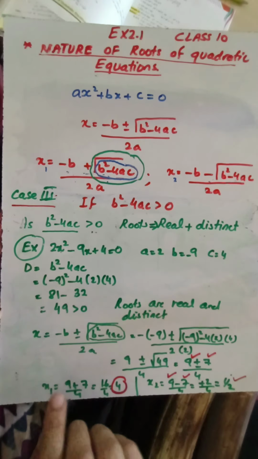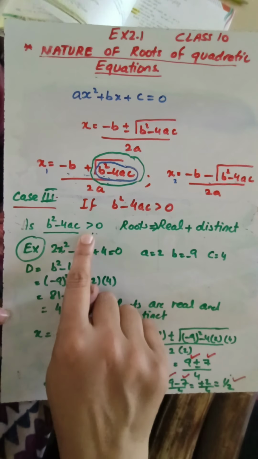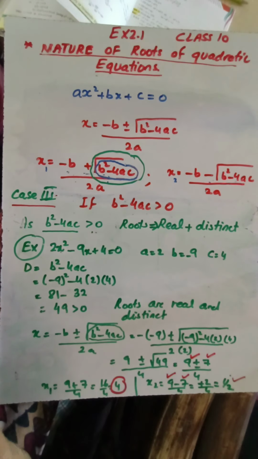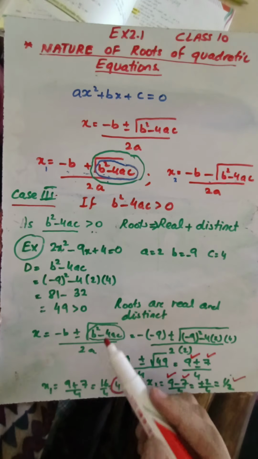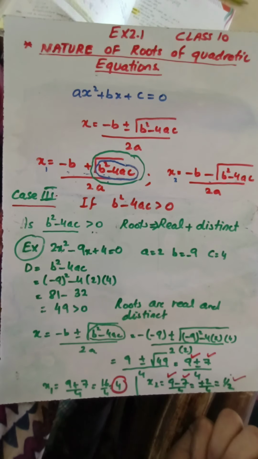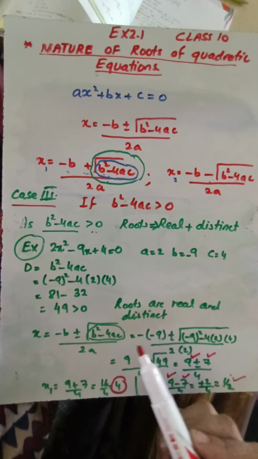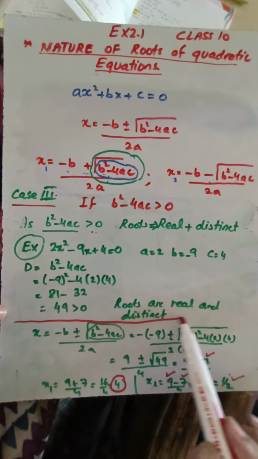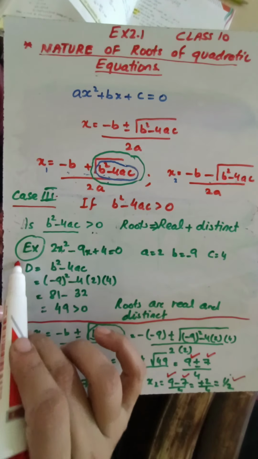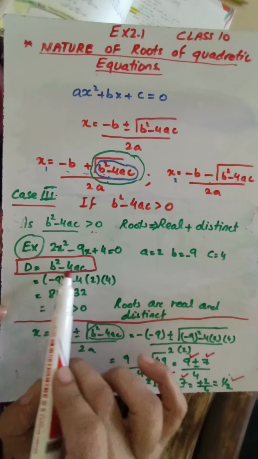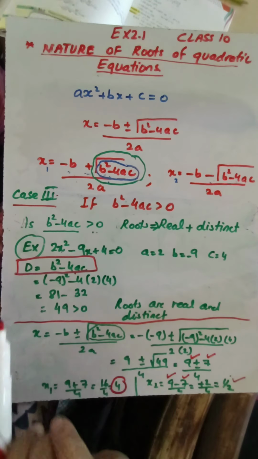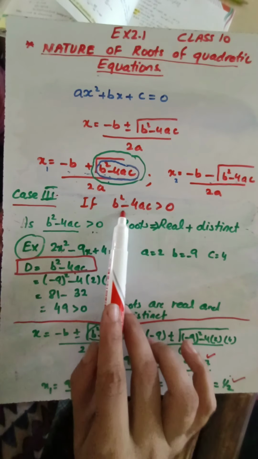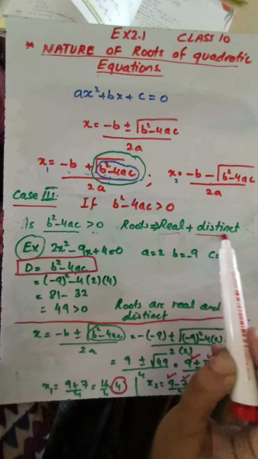And so it means that if b square minus 4ac is greater than 0, then the roots are always real and distinct. So if they ask you about the nature of the roots, then you don't need to calculate all this. I did this just to prove to you the reality of this statement. Otherwise only this much calculation will be enough. If you want to know the nature of the roots of the equation, you just need to calculate b square minus 4ac. If it is equal to 0, we are going to get equal roots. If it is less than 0, we are going to get imaginary roots. If it is greater than 0, we are going to get real and distinct roots.